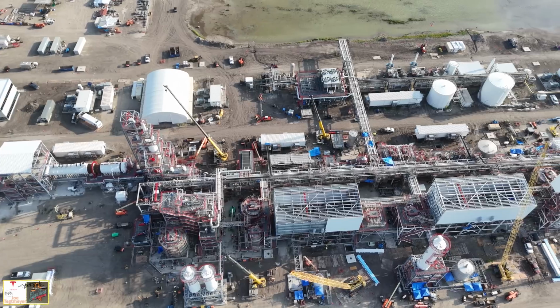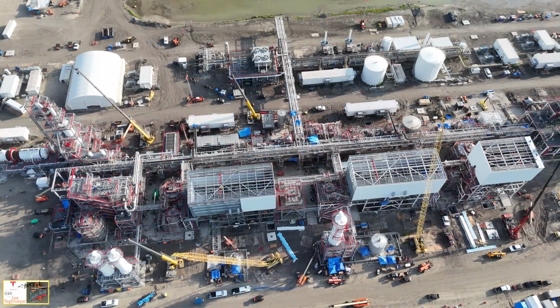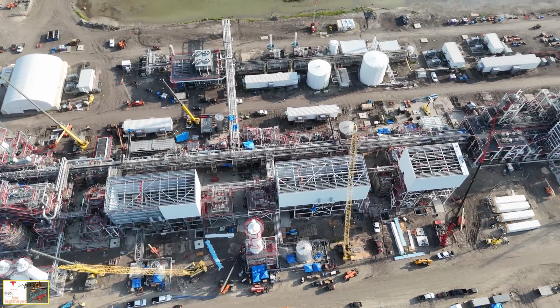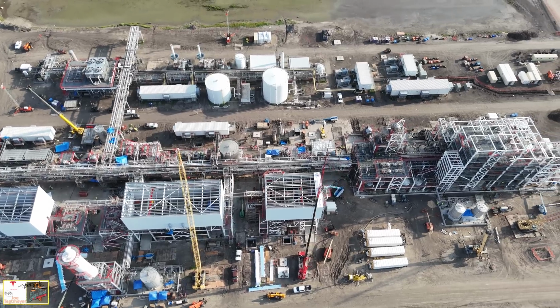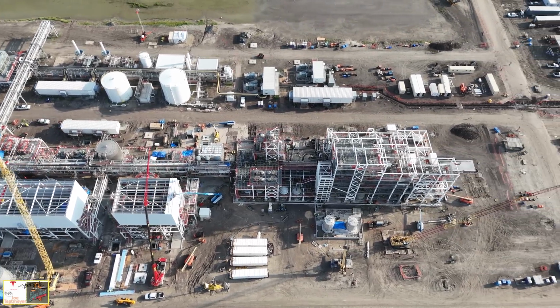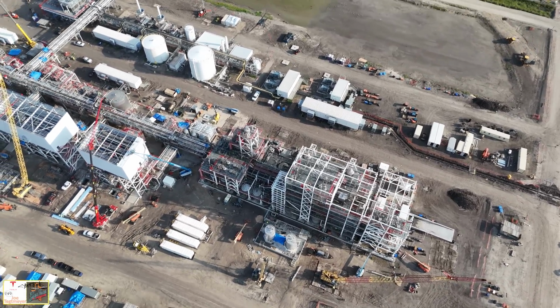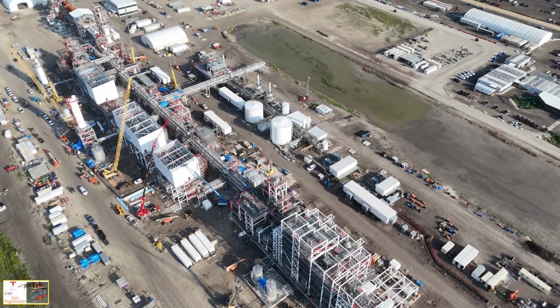One more pass along the plant, and looking from the left side is the pyrometallurgical, the middle side is the hydrometallurgical processing, and then the side coming into view is that final packaging and processing part of the facility. A lot more tanks have been added. It looks like most of the ground slab work has been completed,